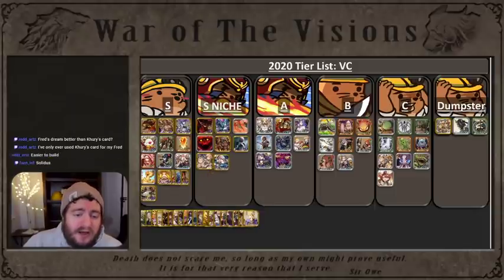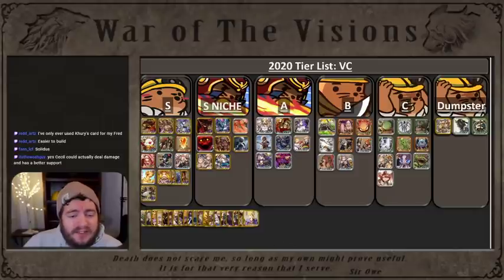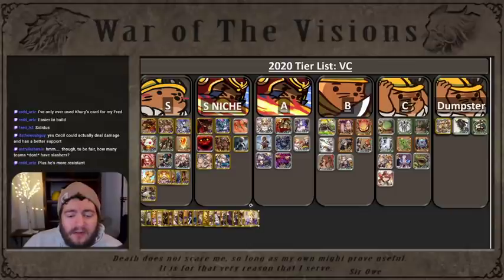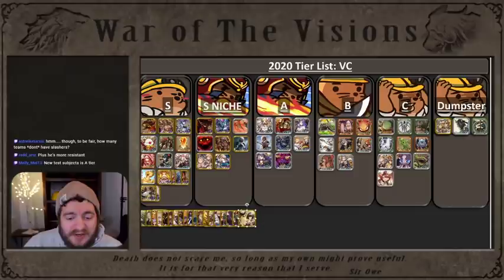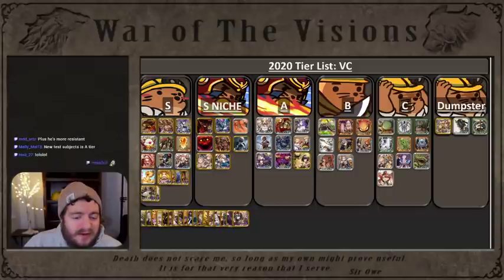Glaciala's card, I'm going to put under niche as well, just because I think Pierce attack up paired with agility up can be really powerful. And having that agility up can be really important. So, is there really anywhere else that this card can go? Everybody does not shut up about the Ramza card, so I'm just going to put it in S tier so I don't have to hear you guys complaining for a month. Test subjects. Well, yeah, I'm going to put it in A tier. I think Frederica's Dream is better than it, so...